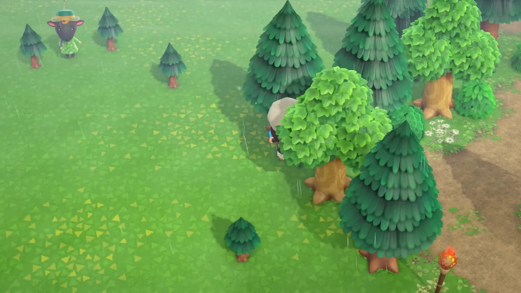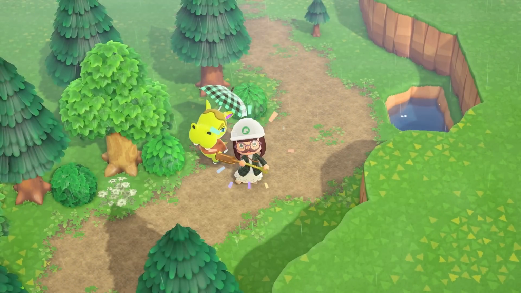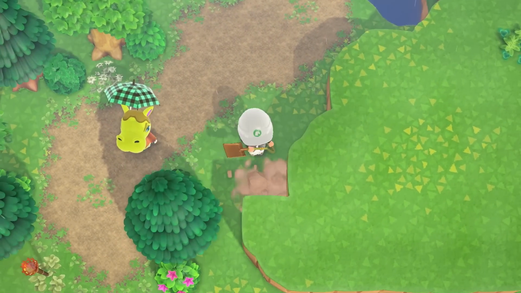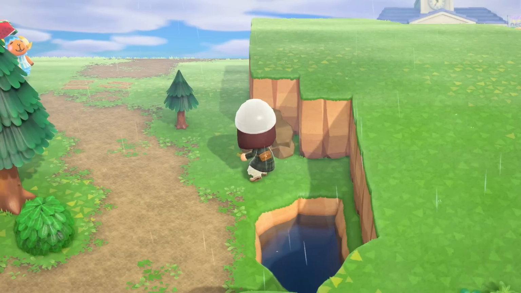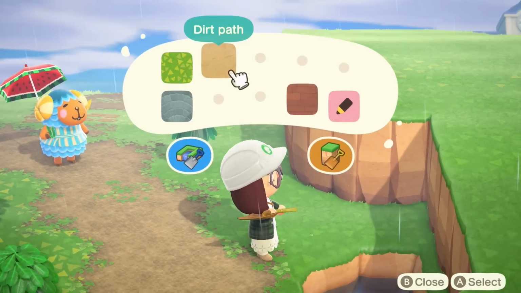So I decided to plant some more trees. I picked up a bunch of trees on those mystery islands before, and I just wanted to put them down because I wanted to make my entrance feel more foresty. I also decided to shape this cliff a little bit more because I wanted to have enough space to add in more trees. And then I also thought that adding a bridge across this dirt path would be really fun